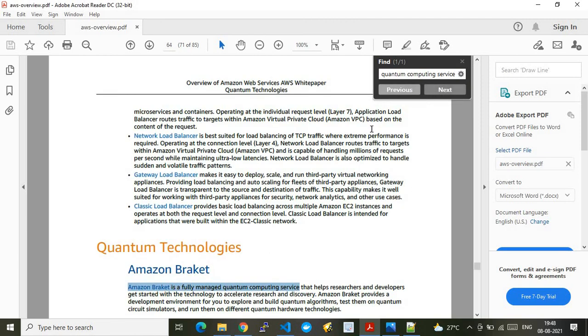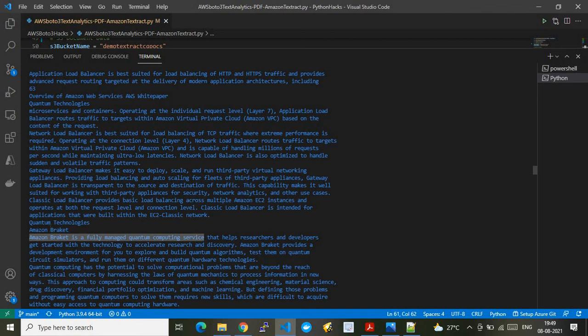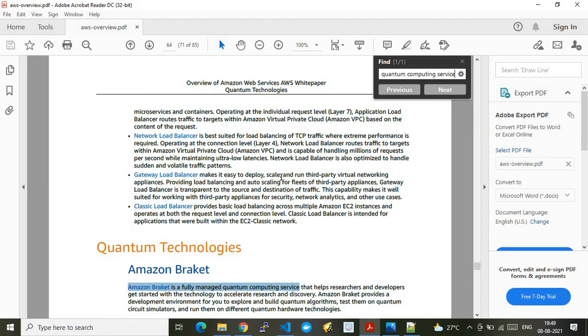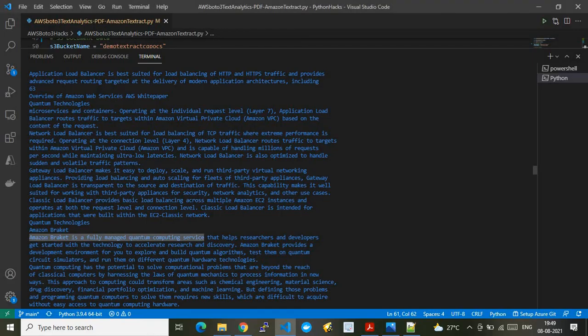So let's go to the line. Here you go: Quantum technology, Amazon Braket, and this is the output. So it has successfully extracted the data and presented it in the form of raw data, from where we can again leverage business logic.